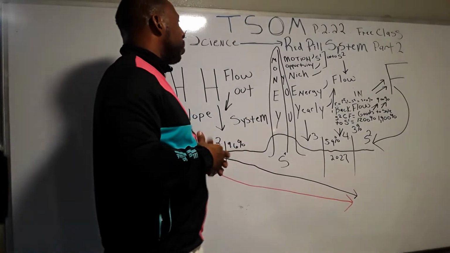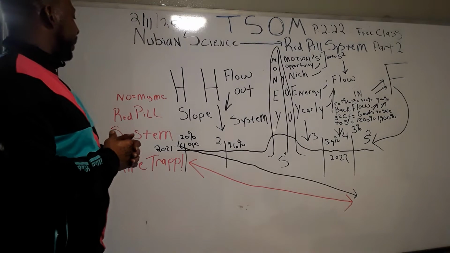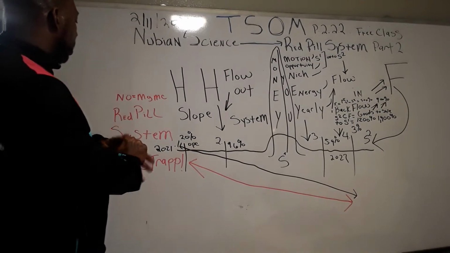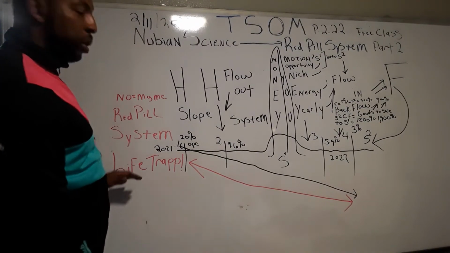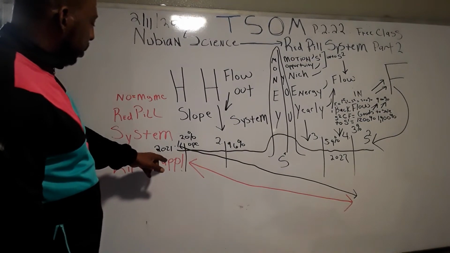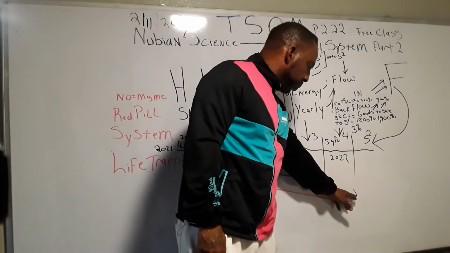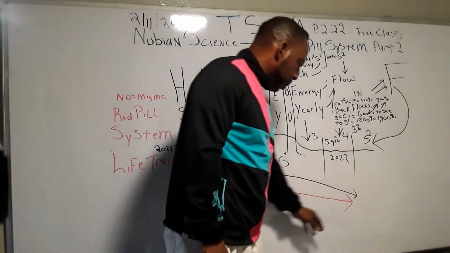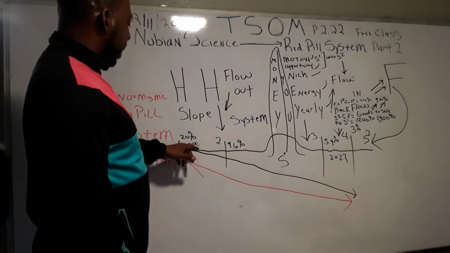If you look on the board, the first thing I want you to notice is we see no MGMC. Red pill is equal to the red pill system, and we call it a life trap. Right beneath this, you see two arrows. One is black, going back and forth in this direction. The other is red, back and forth this direction. The arrows signify a flow